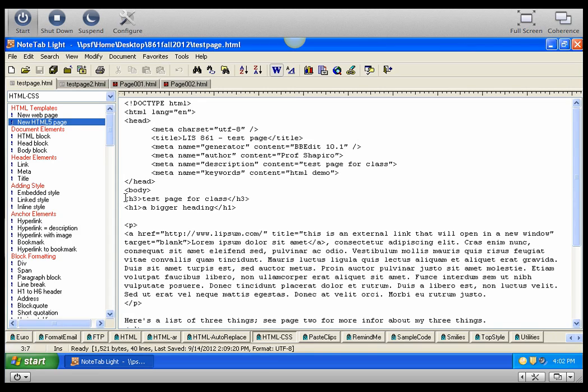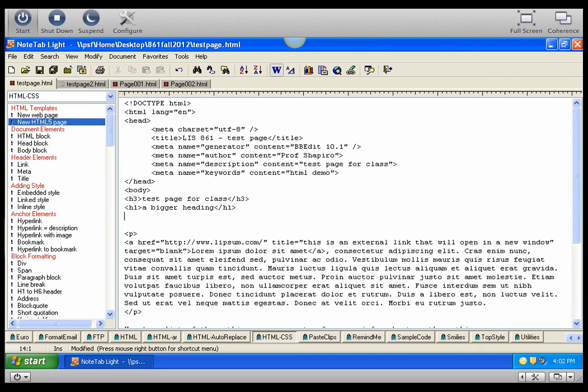BBEdit. We have a heading 3, that's test page for class. Heading 1, a bigger heading. If we wanted to make a slightly smaller heading, and you have to be able to type, of course, slightly smaller heading, then we can do the same thing that we did in BBEdit. We can highlight this text, and then we can scroll through